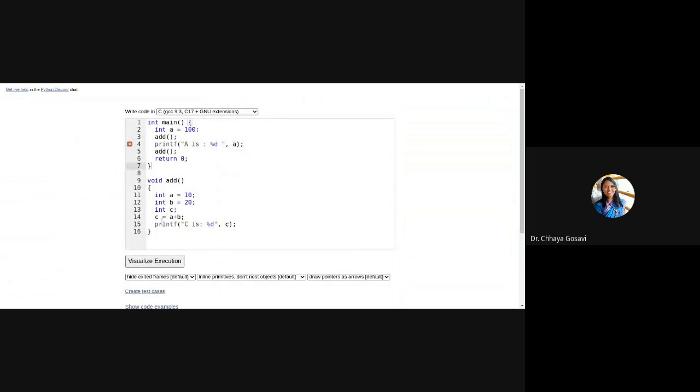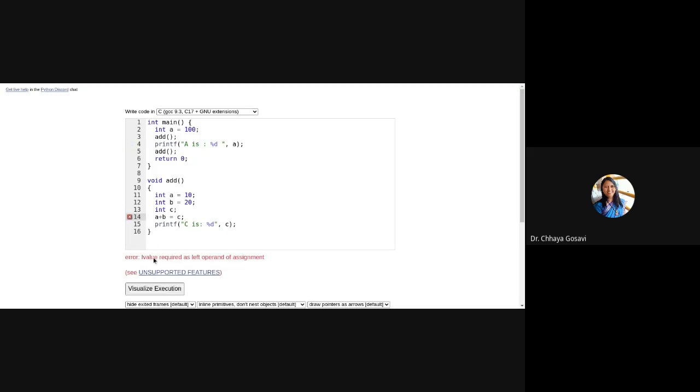So if you try to write something like this, is it allowed in C language? c is equal to a plus b. No, ma'am. You'll get an error. What is this error? Can you see?